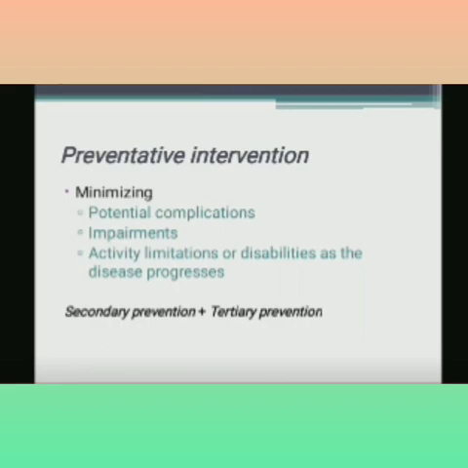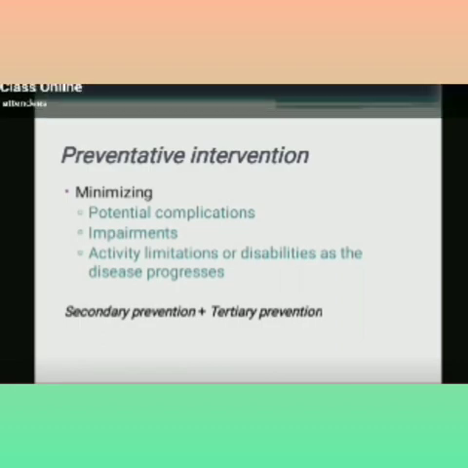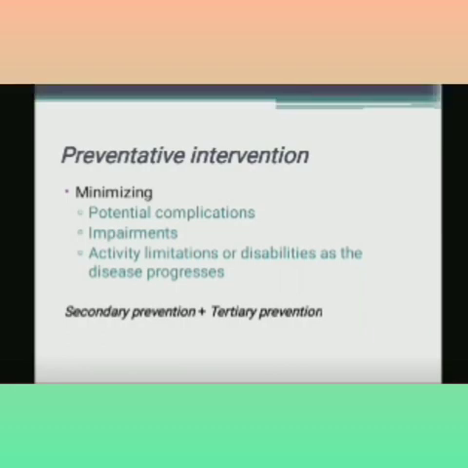So in the case of multiple sclerosis, due to the disease, we have seen what the main symptoms are. Due to those symptoms, the patient is not able to walk. They have to be bedridden or wheelchair ridden. Those are the things we have to prevent. So that becomes the tertiary prevention. These are the things we include in the preventive intervention.